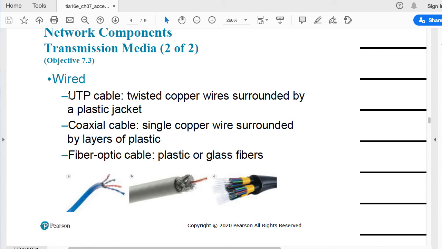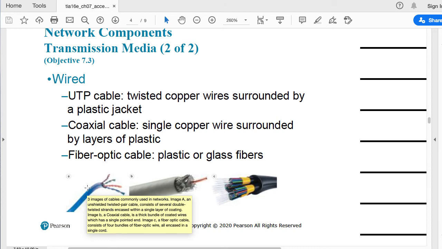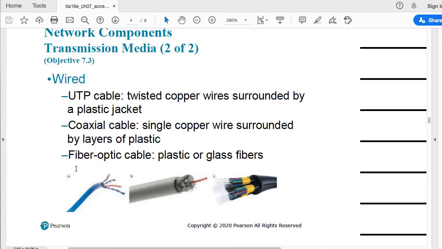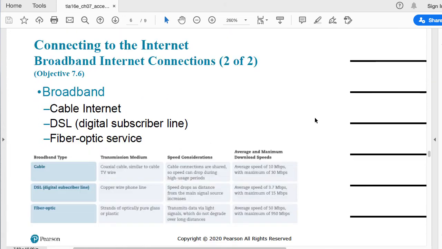So we started with the UTP cable, actually with the coaxial cable, then we evolved to the UTP cable right here. The UTP cable is that blue cable, and nowadays we can see fiber optics getting to our place.